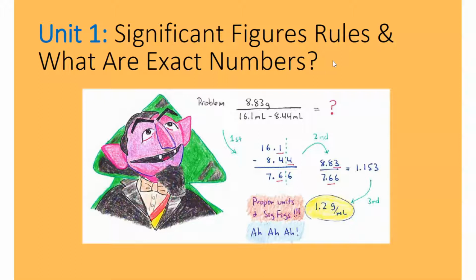For instance, in this calculation, let's just focus on one value, 16.1 milliliters. I've underlined the last digit, reading from left to right, the last digit that is meaningful, that tells us something about the quantity. I stopped at 1. Now, if I had more precise and calibrated glassware, I could have known what this digit is, and it could very well have been 0. But by stopping here, we cannot assume that this number is